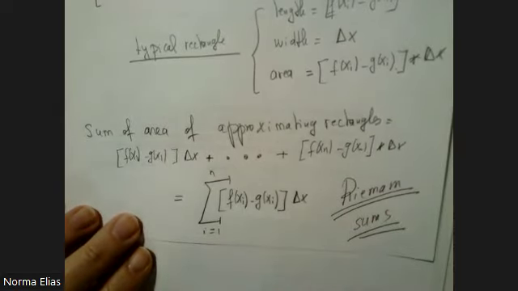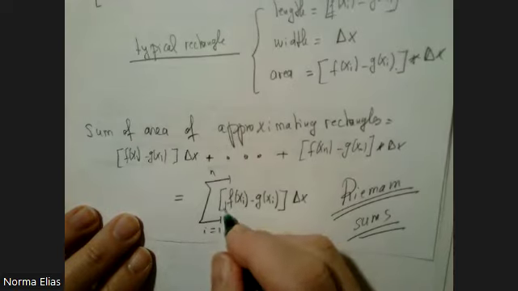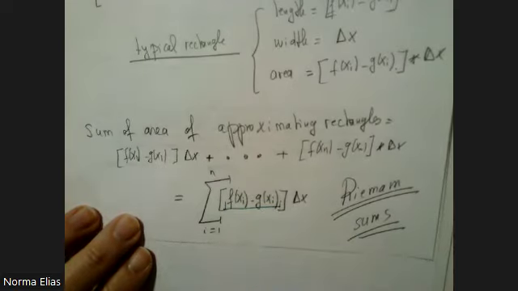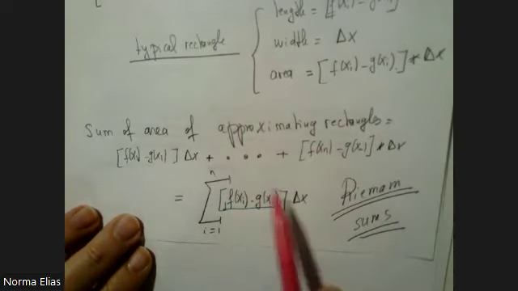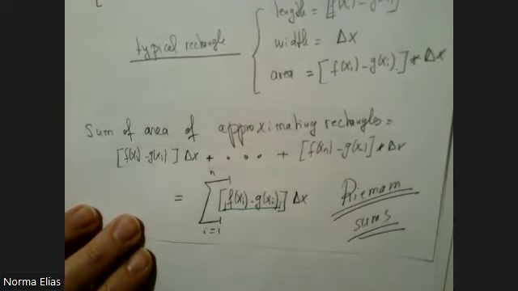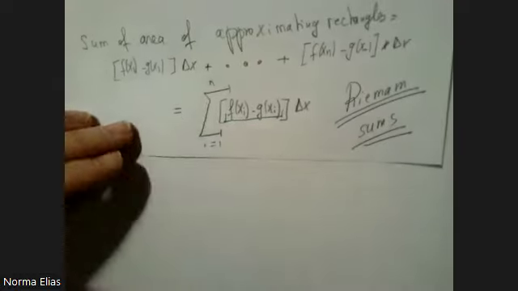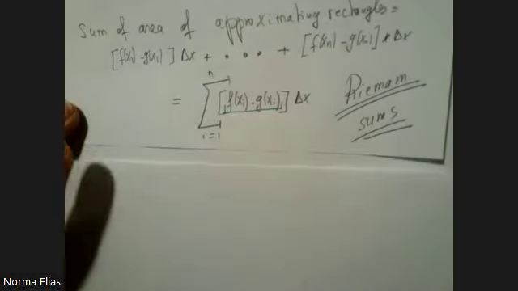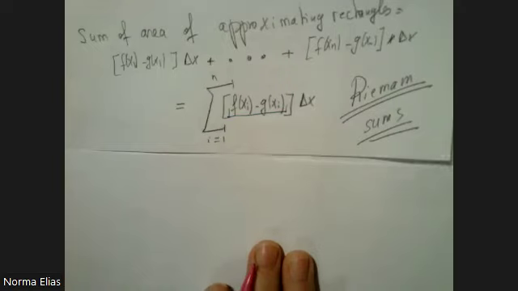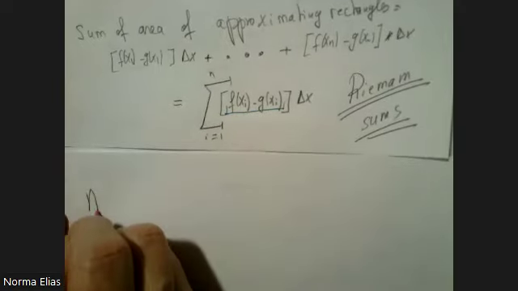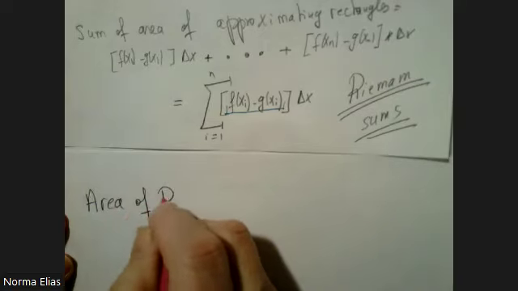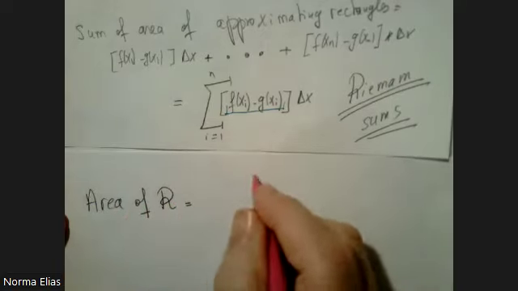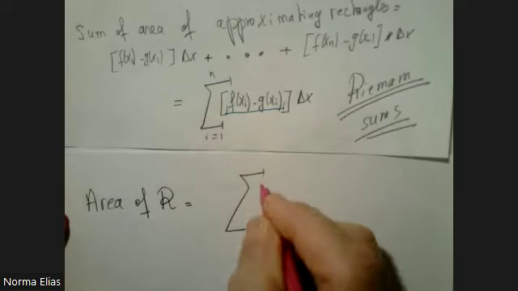Crucial. But that really looks like a Riemann sum, where the function in question is this one here. That's the function in question. So the approximating rectangles, their sum is exactly that. So what's the area now of the whole region? Quickly, what's the area of the whole region? So the area of the whole region is what happened to those sums